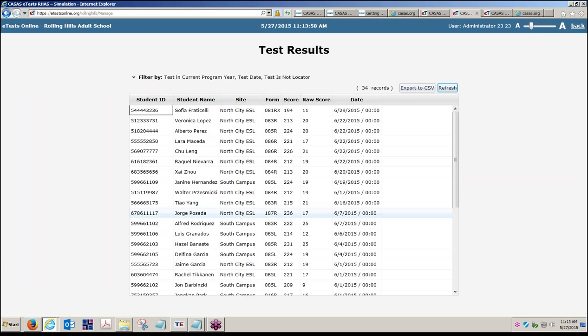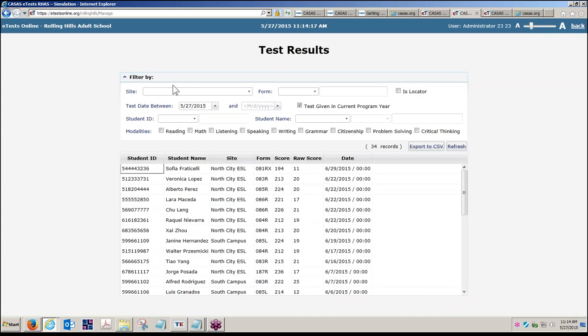The Test Results Lister opens to display a list of test records in the current program year. Again, information displayed is a view of records shared in the online database with TOPS Pro Enterprise. To confirm the new test record, expand the filter at top of the list, and from the Student ID field,